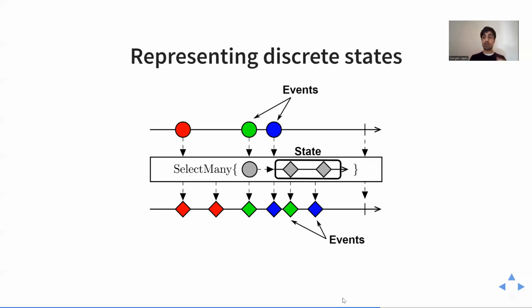And finally, the outputs of select many are generated by the state itself. So the state at some point is a sequence that is running, doing its own thing, like playing a file or something like that. And then at some point, it might send an output to the outside, which can essentially be considered an event that might trigger something else. So if you now imagine chaining multiple select manys one after the other, the events that come out of this state will trigger a new state in the next select many. So that's how you can easily chain sequences of